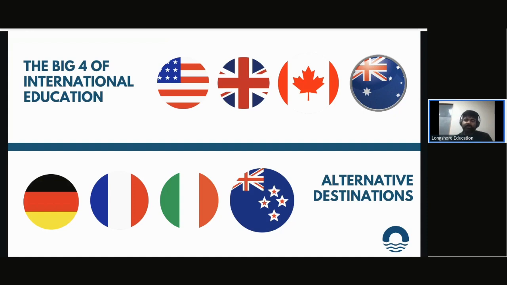Approximately 80% of the international student market is concentrated in these four countries. So we'll be talking a lot about each of them one by one. And we'll try to give you an idea about the student visa situation, the pros and cons of each country, the economic situation, and the post-study situation. We'll also be talking about some alternative destinations because, as I mentioned, we cannot really cover everything.